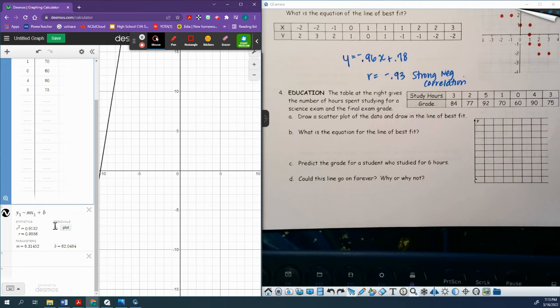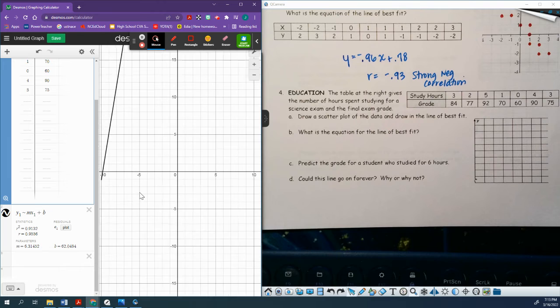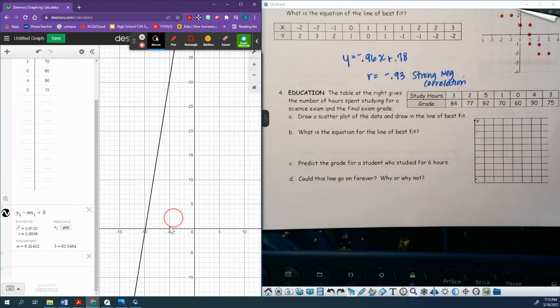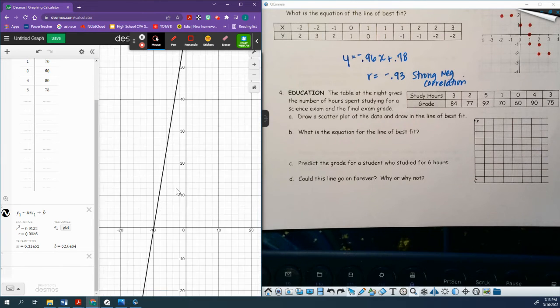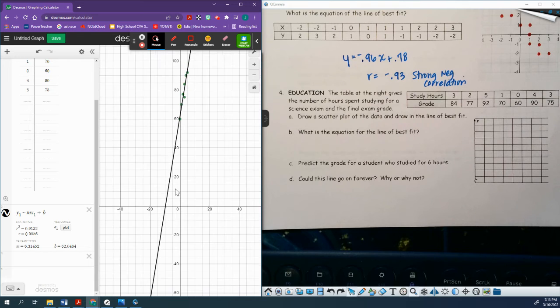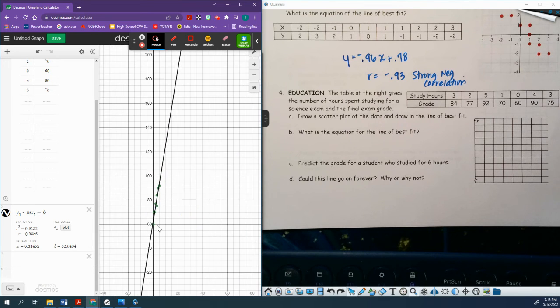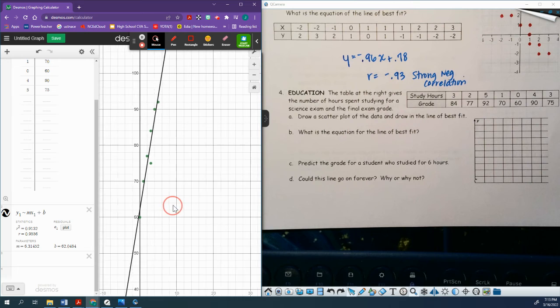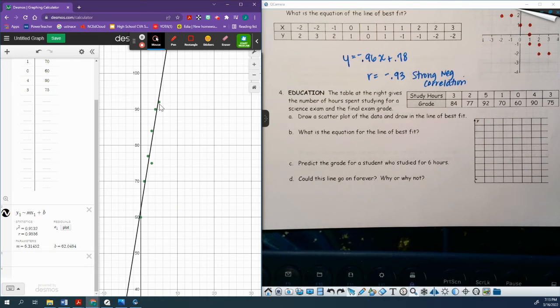So now we have our problem here. We have our m, so our slope is 6.31, and then our b is 62. So you can change your graph, like what you can see here. And all those data points are actually way up here, which you can see, your green dots are your table. So it's a positive correlation again. It looks pretty strong to me, because they're close to that line,